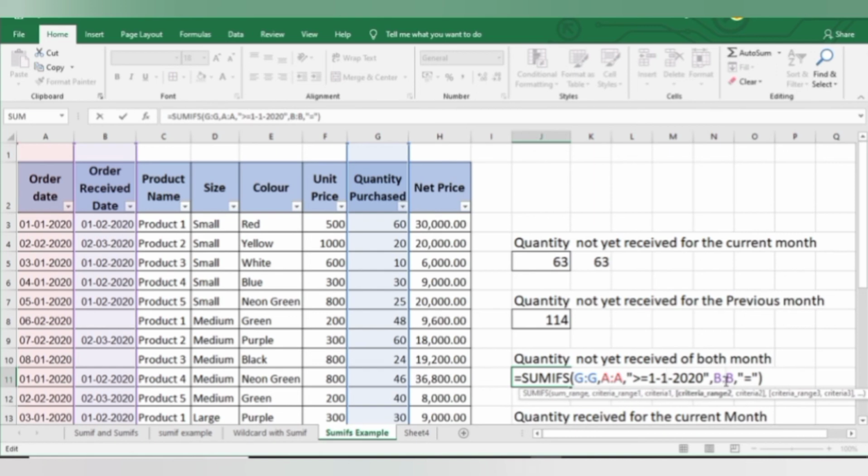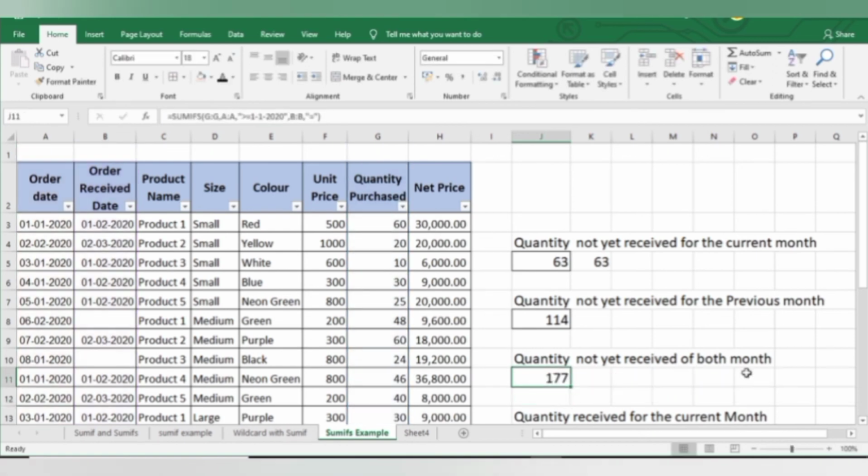And now my criteria range 2 would be my received date, and again I am using equal to because I want to find out the quantities which are not yet received, that is the blank cells, and then press enter. So here I got 117, which is the total of both these quantities.